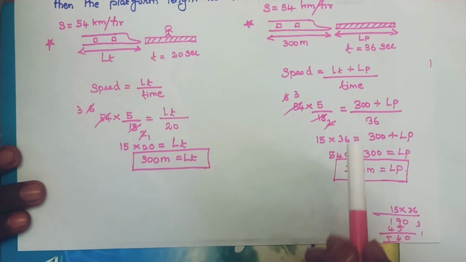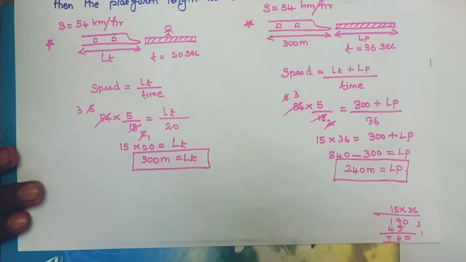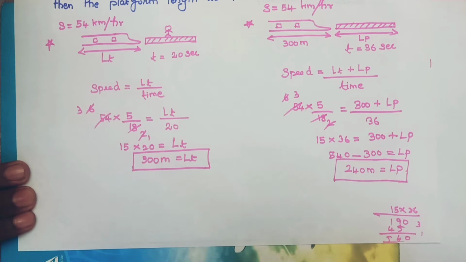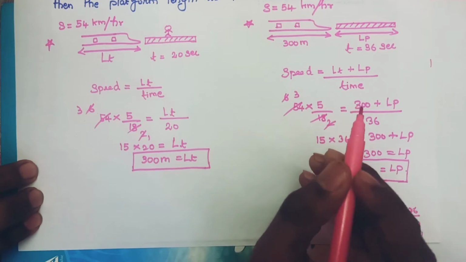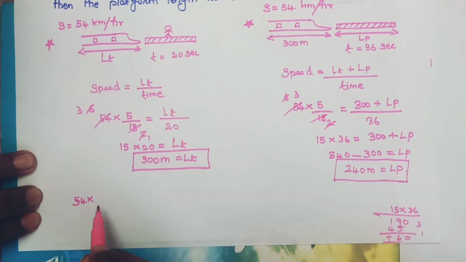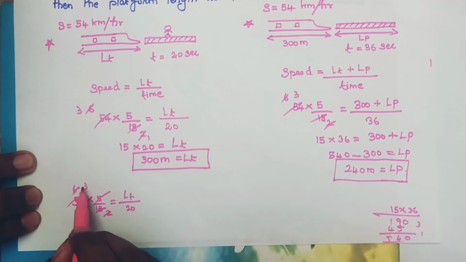Don't be scared of these big steps here. If you understood the concept, you can solve this question in 2 steps. First, read out the question. A train passes a platform in 36 seconds and a man standing on a platform in 20 seconds, right? This is obviously a point method. Just apply it into the formula. Speed is what? 54. In order to convert it into meter per second, what you will do? 5 by 18. That is equal to length of the train divided by 20 seconds. If you convert this, 3 fives are 15, and 15 into 20 is what? 300. So length of the train is 300.